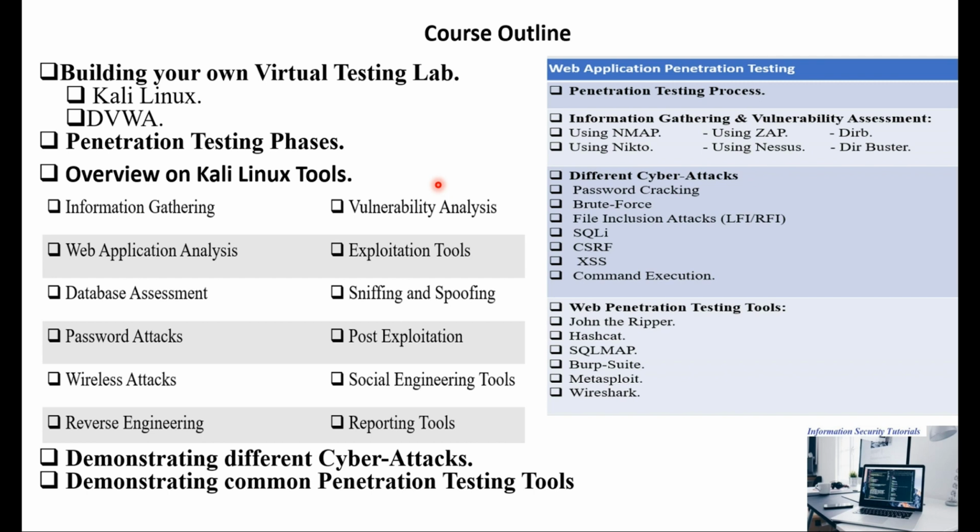In the first part we will learn how to build your own virtual testing lab to practice what you are learning during this course, because it's recommended to use a testing lab instead of trying to practice your knowledge in a production or a real environment, to avoid any damage you may cause to the production environment. So we will learn how to build your own virtual testing lab by installing